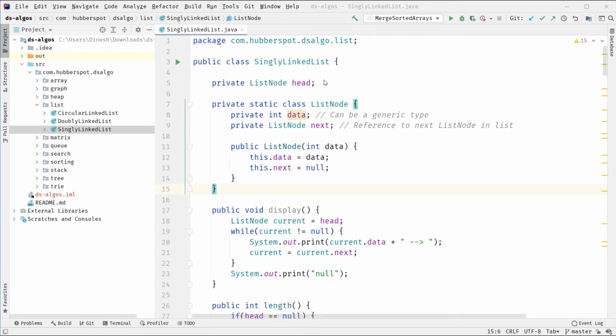Hello everyone. So in our previous video we discussed how we can insert a node at a given position in a singly linked list. So in this video we'll code the algorithm and we'll test its working. So here in our singly linked list class, which has an instance variable head of type list node,